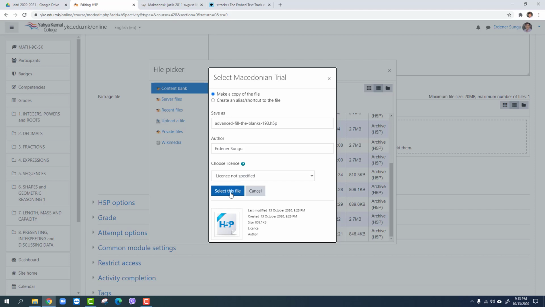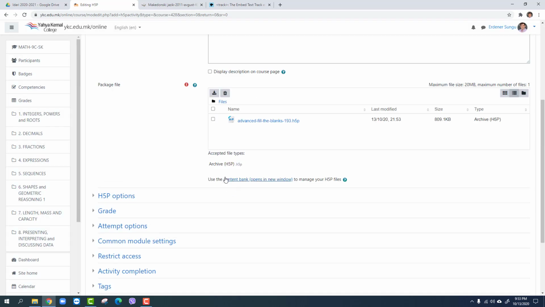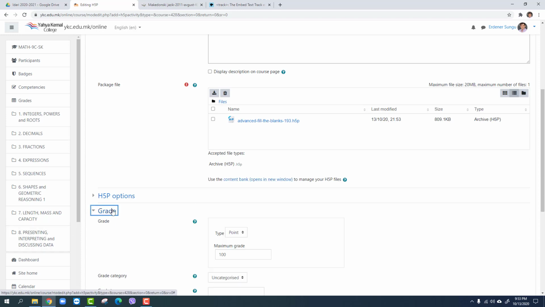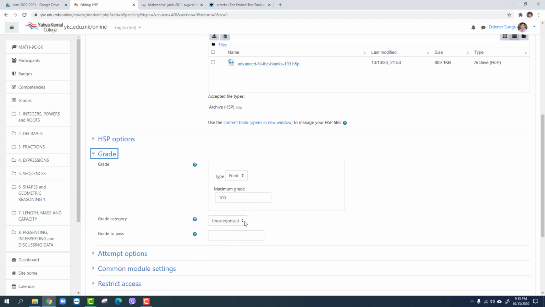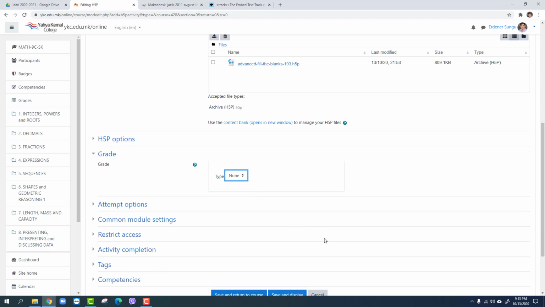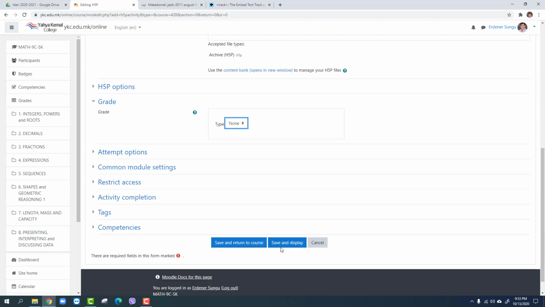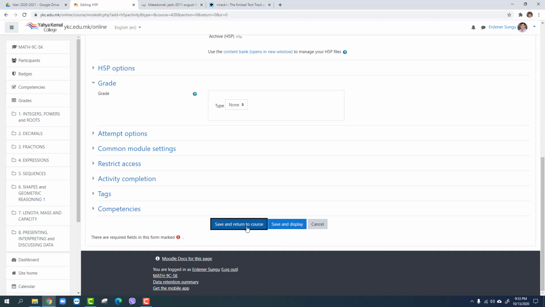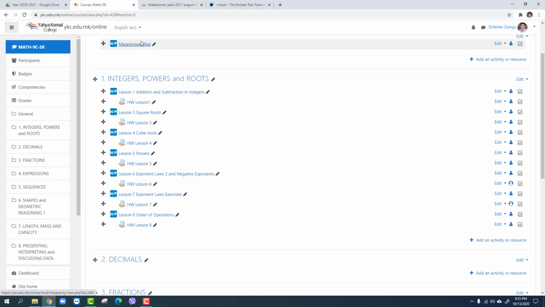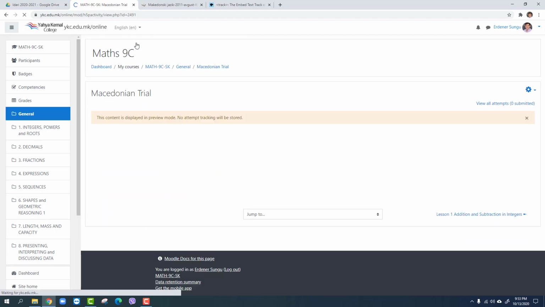And now here, this is the last part, and I'm going to add my interactive content. This is going to be interactive content in my lesson, and if I want, I can put this one in one of the groups, one of the categories that I chose before. I can use this one as an exam. I can use this one as homework. I can grade this one. If I don't want to, I don't choose anything, and it won't grade. And we will save this one, and we will return to the course, and students may see this one. When they click, when they open, they will see the